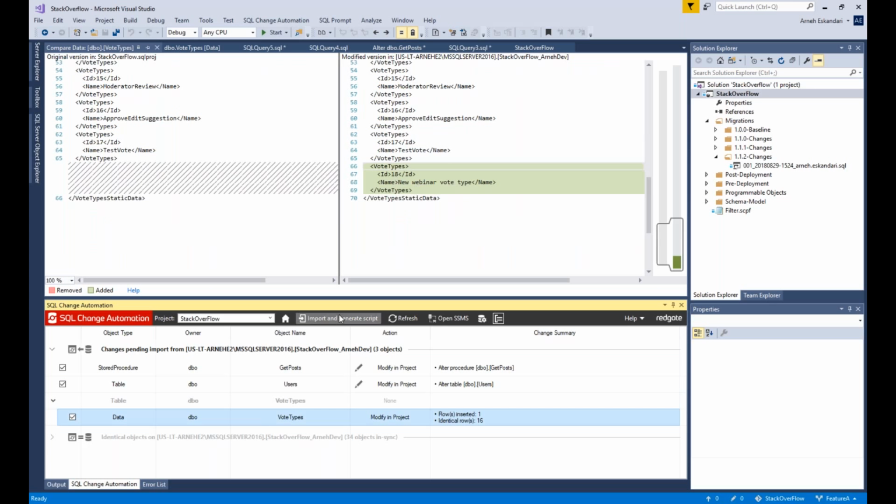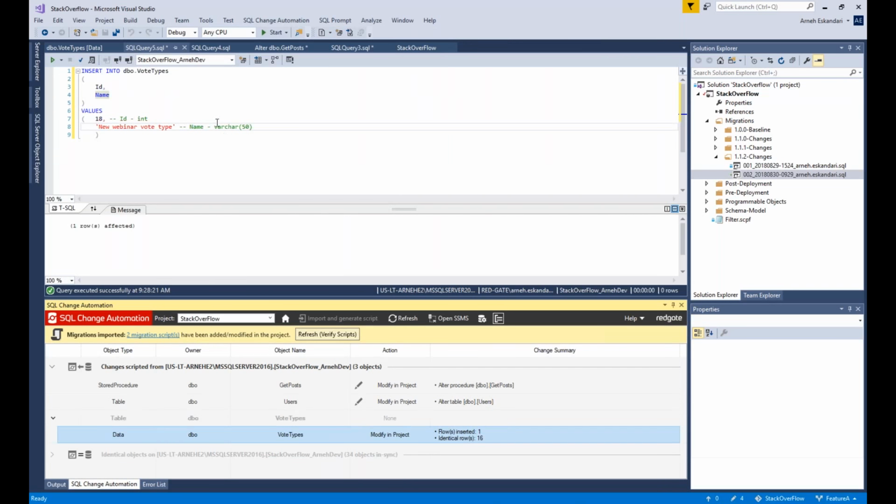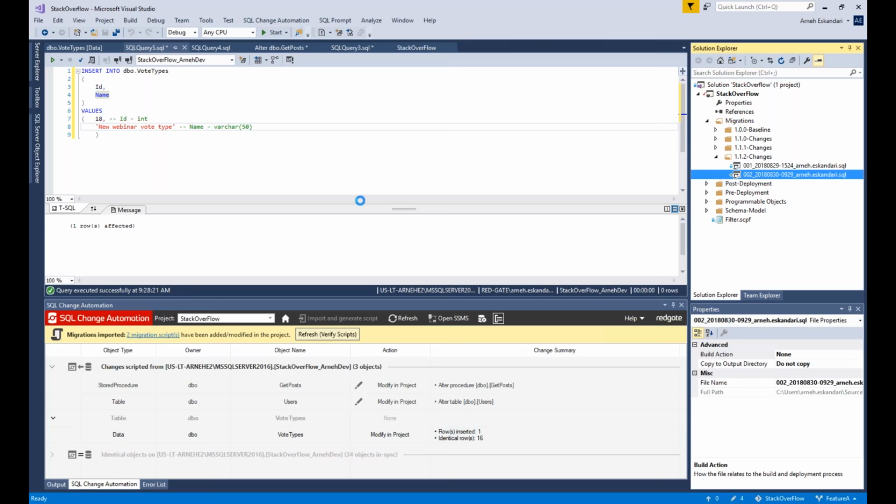So now my next step is to say, okay, I'm happy with these changes. Let's go ahead and import these changes into our project. So I click on import and generate script. As you can see here, a new migration script has been generated, 002, under this specific semantic version folder. And if I take a look at that script,